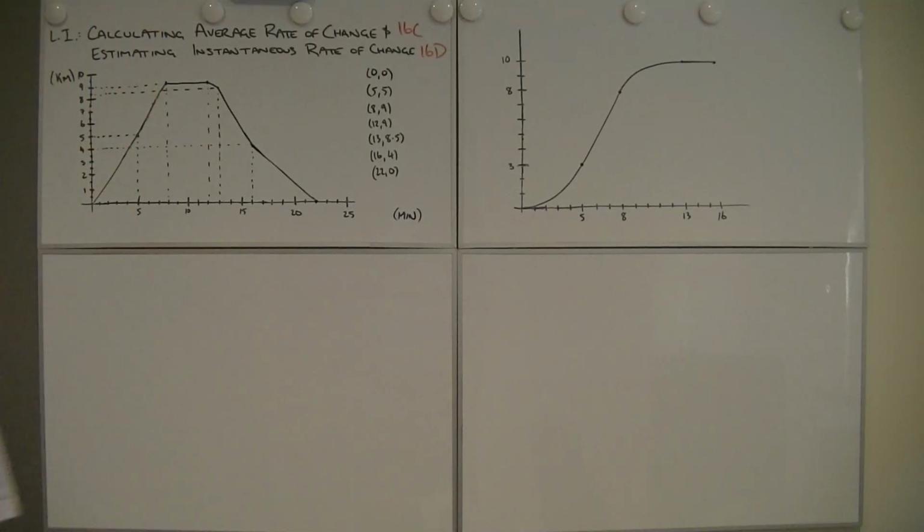Okay, calculating average rate of change, which is 16C, and then estimating instantaneous rates of change, 16D. Alright, so we'll do 16C first, unsurprisingly. Cool, we've got this,